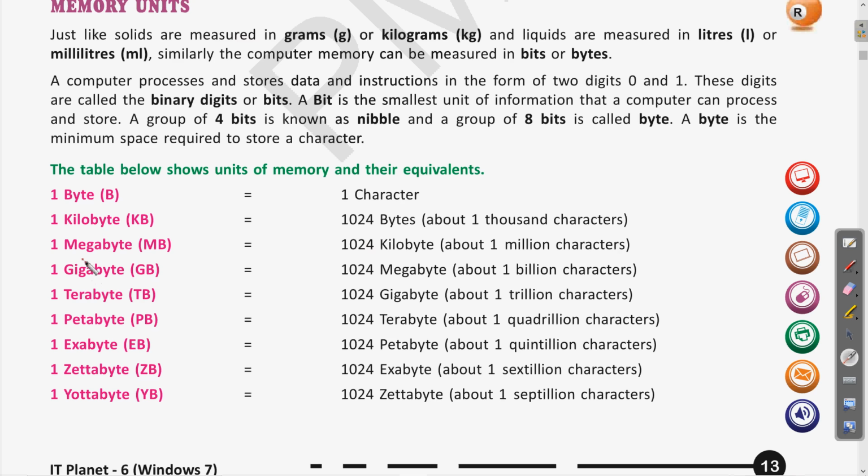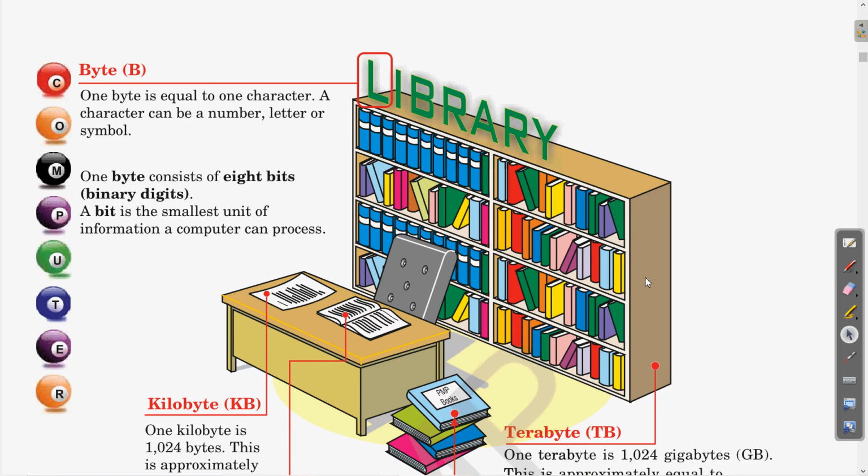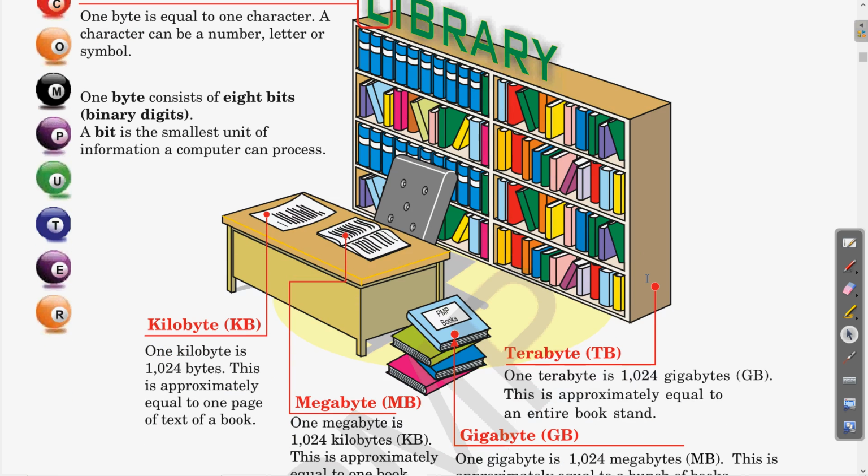Suppose I take the example that 1 megabyte will be equal to 1024 of the previous one, that is kilobyte. Clear? So this all we have covered. Then we have seen how bit, byte, kilobyte can be related to a real life scenario, that is, if you compare the amount of data present in the books of the library. A page of data can be kilobytes, a book will be megabytes, a bunch of books will be gigabytes, and a whole shelf of books will be data near about 1 terabyte.